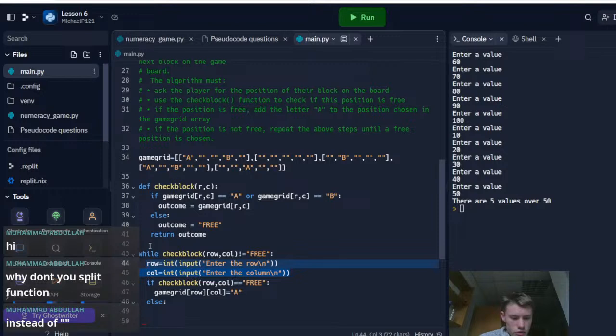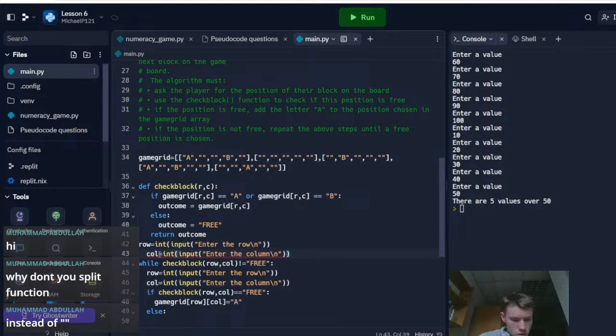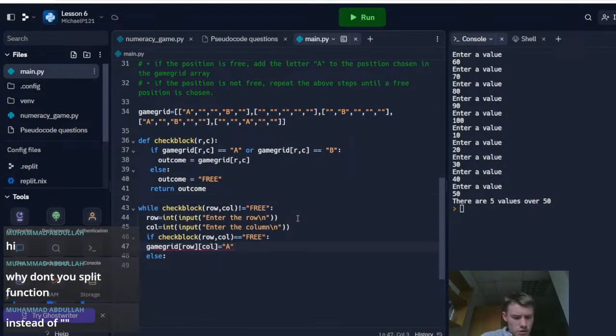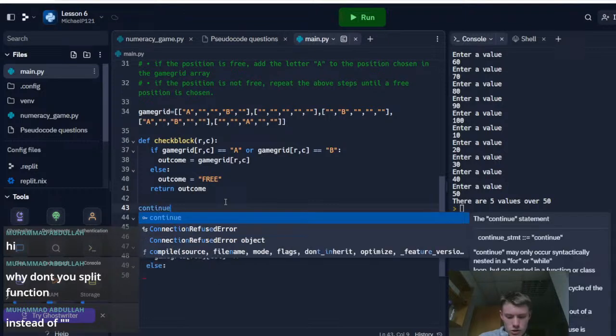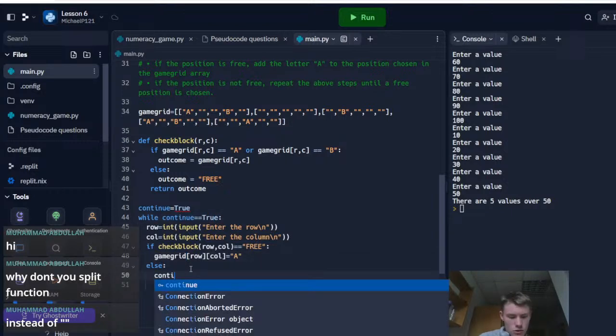So let's also just make sure this works. So we'll have to get these as inputs first so that row and column are defined. Actually, I'll write it in a bit of a nicer way because this is getting a little bit messy. Let's use a Boolean flag. We'll just use continue set to true, while continue equals true, and then once